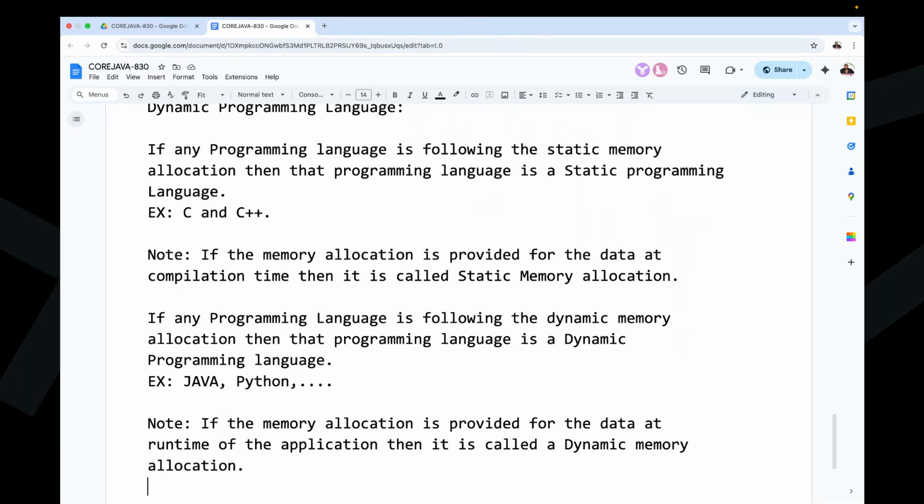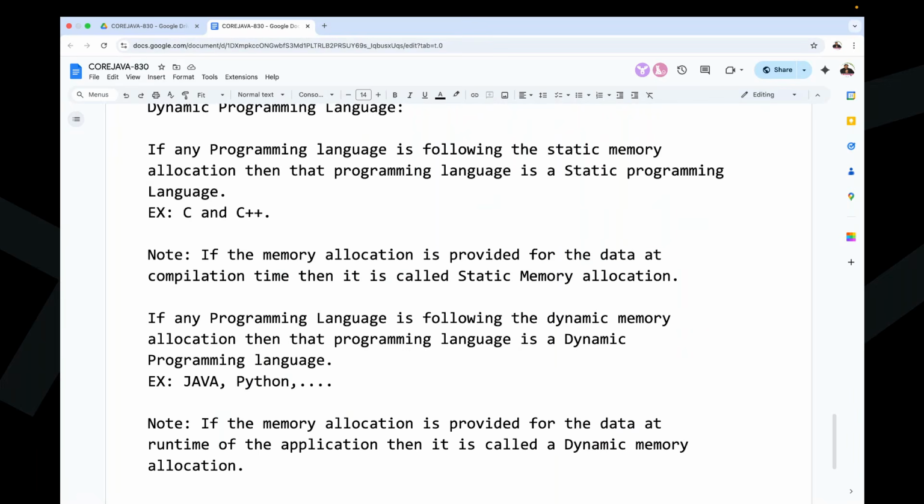But if it is dynamic memory allocation, how much memory is required? We are going to allocate up to that much only. If you require 2 bytes of memory, we will assign 2 bytes. If you require 5 bytes, we will provide 5 bytes. If you require 10 bytes, then we will assign 10 bytes. That's it. Now tell me, which one is a good memory management system, or which one is providing effective memory utilization? Is it static memory allocation or dynamic memory allocation? Ramtesh, you only tell me which one is a good one. Dynamic memory allocation is an effective one when compared with the static one.